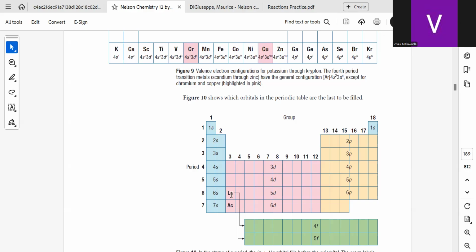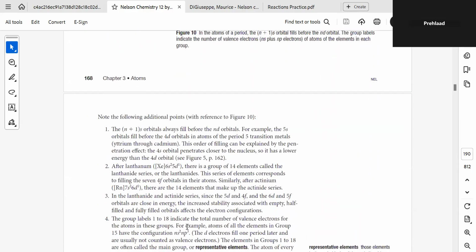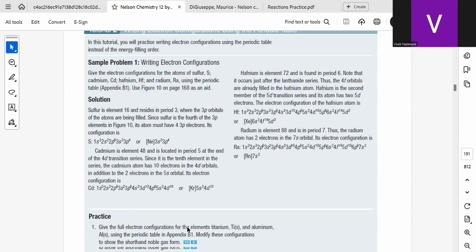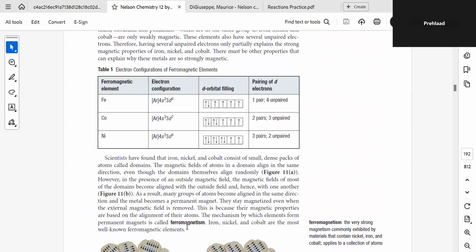If you check, lanthanum and actinium are part of the d block, whereas the elements after that are part of the f block. You remember, we did that in the last class, I had explained it to you. Yeah, you explained how they fit. Good. So that's done. So electronic configuration, I think you'll be able to do that.